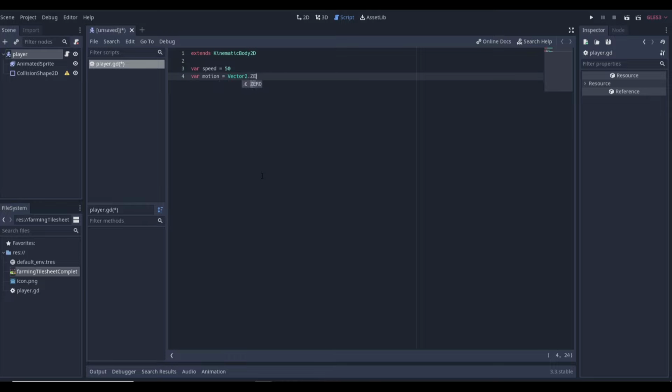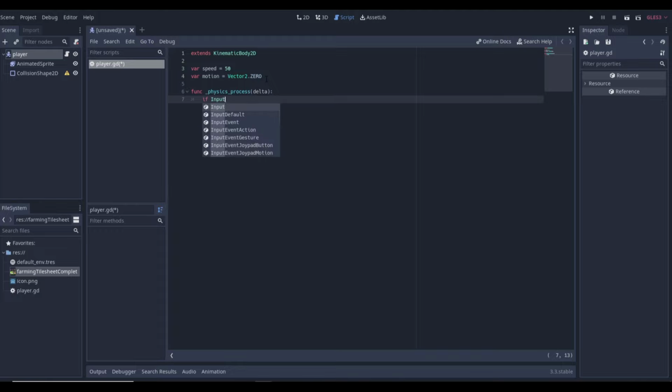dot ZERO. So this is basically going to be how our character moves, right? It's X and Y. This is basically its position, where it is, and how much it's moving to the left or to the right at a certain time. So with that being said, if we create a physics process function, then we do if Input. Let me explain. So if Input.is_action_pressed